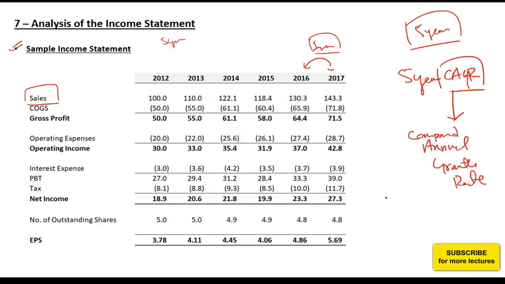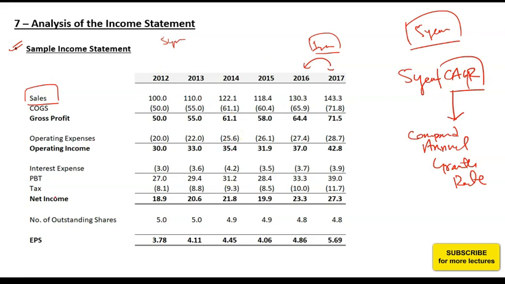So the first key task to perform is to find out what has been the 5 year compound annual growth rate. That is, if I look at a horizon of 5 years, what would have been the company's annual growth rate, at what rate the company would have been growing annually over 5 years. This is just to get a broad idea about the overall performance, so that you know how it has performed against the industry or against the competitors, or whether the growth has been strong or not.